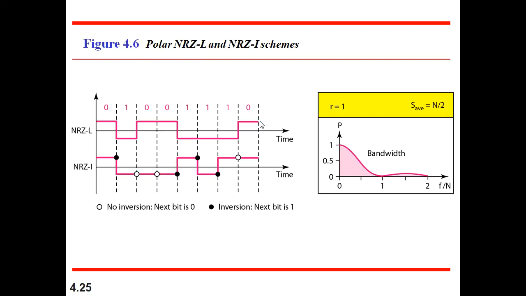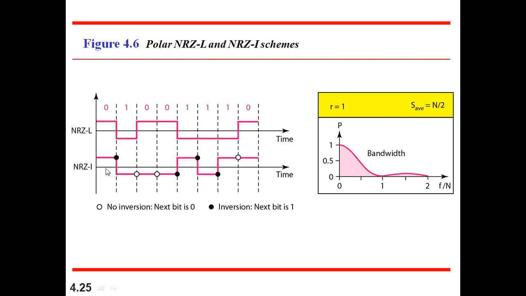So NRZL says that non-return to zero encoding uses either positive or negative signal. In NRZL encoding, the level of signal depends on the type of bit that it represents. Here you will see with respect to the NRZI inversion. Here you can observe